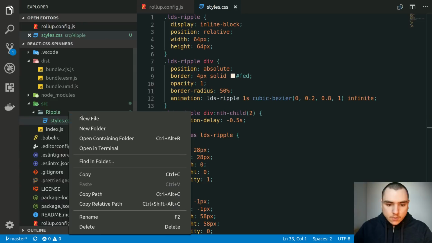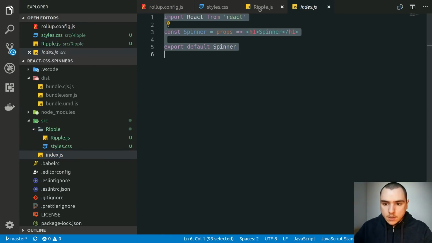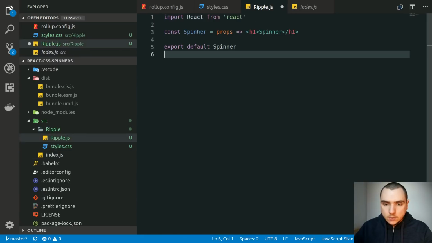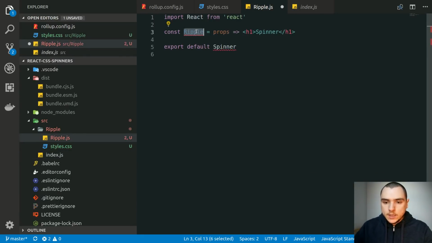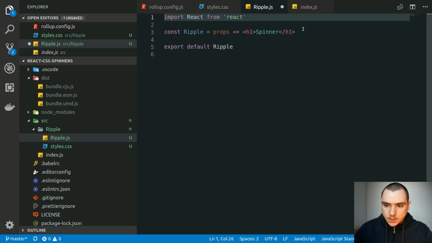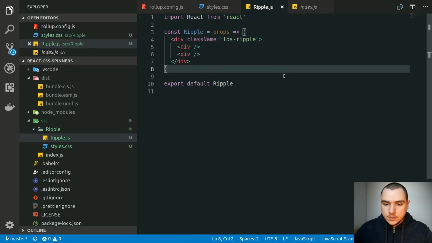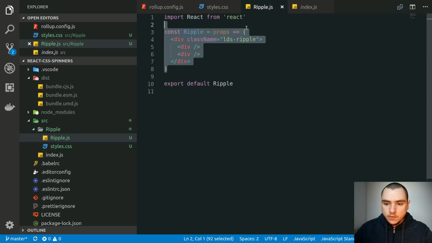I'm going to create a new component. Let's call it ripple.js. And so in here, we can just copy the code from index.js. We're going to call this one Ripple, and we'll export default Ripple like this. And now as far as the markup itself, let's go back in here, and we're just simply going to copy the div, and there's going to be a bunch of inner divs as well. Now the cool thing about Prettier is that as soon as I save the file, it's going to prettify all that code for us. So we don't actually have to change it ourselves.